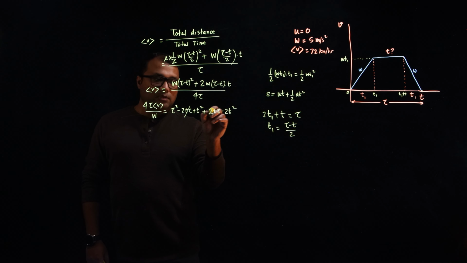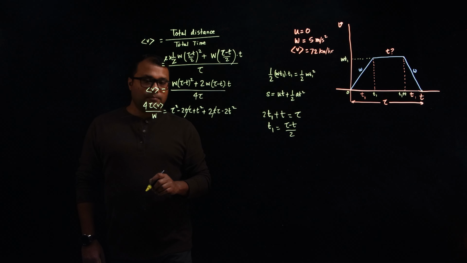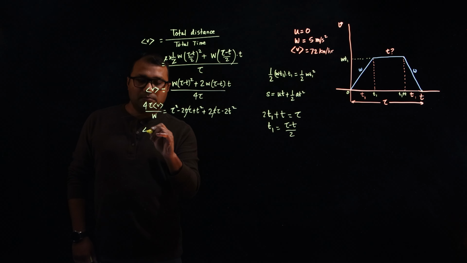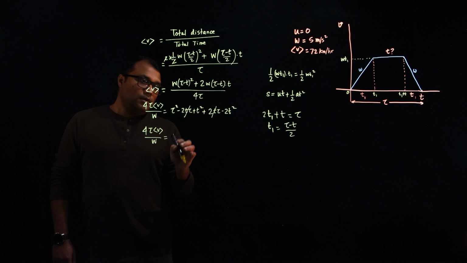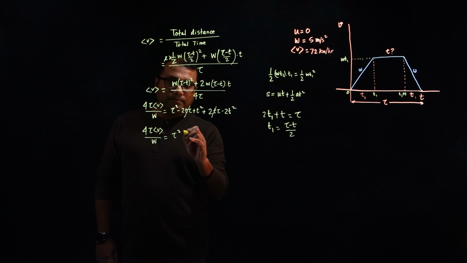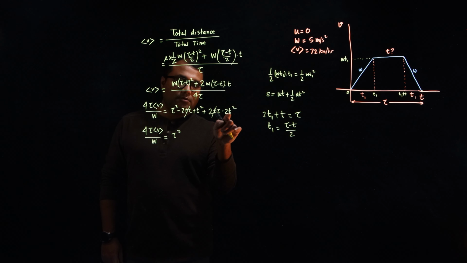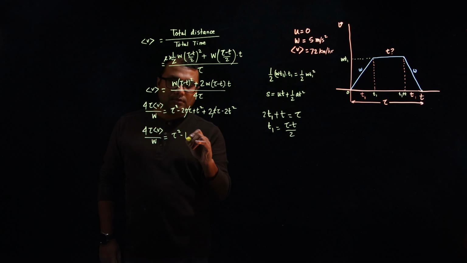So this term and this term get cancelled out. So this becomes 4 tau mean velocity divided by w, tau square plus t square minus t square. So minus,